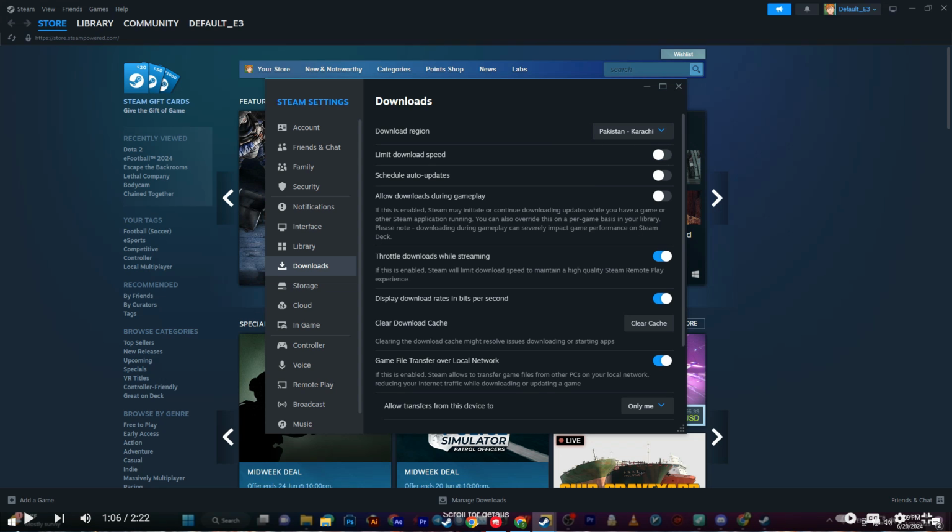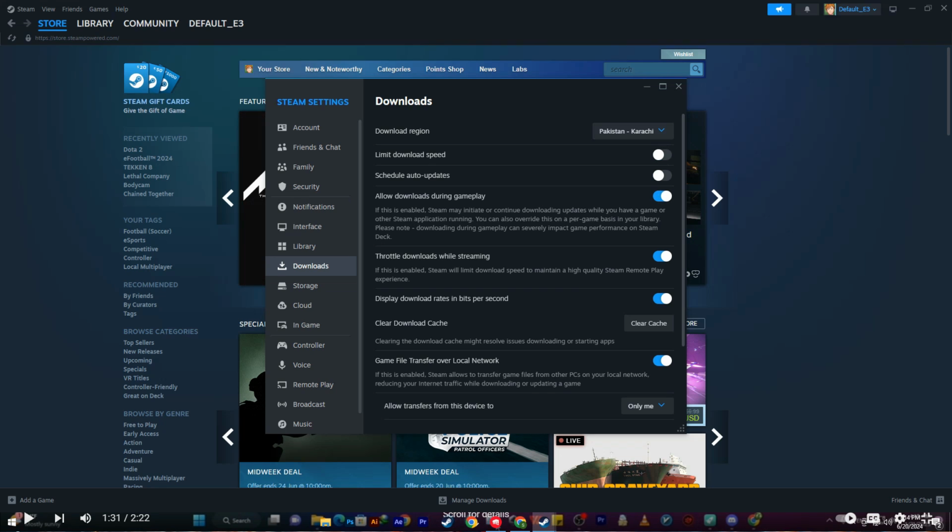Next, ensure that under Download Restrictions, you disable any options that restrict downloads during specific times or limit bandwidth. It's important to allow Steam to utilize your full bandwidth capacity for faster downloads. Check the box that says Allow downloads during gameplay to ensure downloads continue uninterrupted even while you're playing games on Steam. Additionally, make sure Throttle downloads while streaming is unchecked to prevent Steam from reducing download speeds while you're streaming